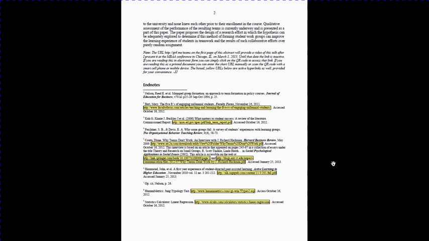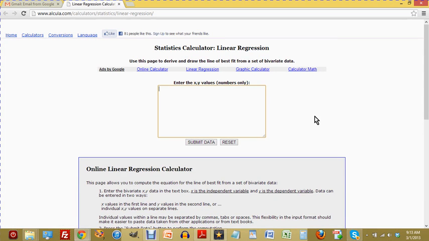One way of doing this that occurred to me was simply to do a regression line using these values. Now, the Myers-Briggs test just gives 4 values. It turns out that this little regression calculator that's available on the web wants at least 5 values, so I just repeat the last one. And what I asked the students to do was to indicate 1, comma, the first value, 2, comma, the second value, 3, comma, the third value, 4, comma, the fourth value, and then just to repeat the fourth value. When we submit the data,